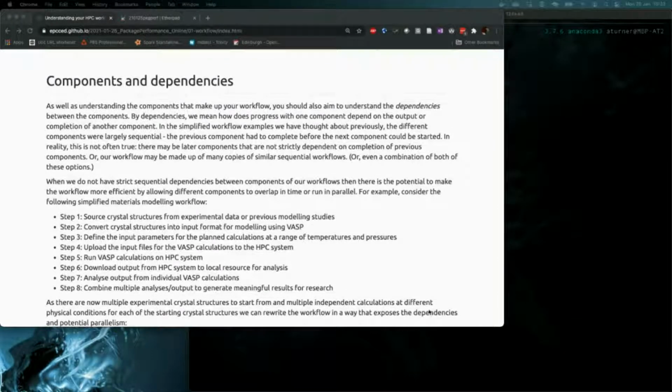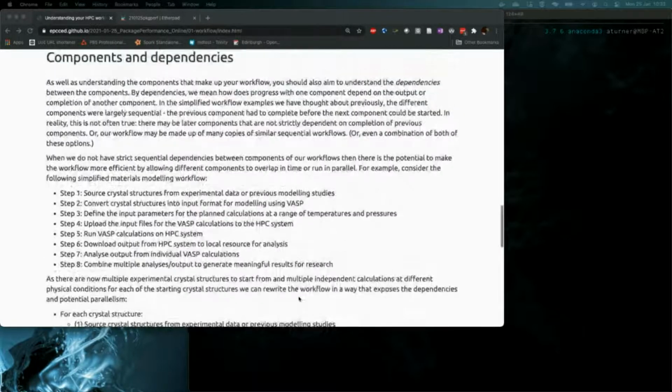If we don't have strict sequential dependencies, or some parts of our workflow need to be repeated lots of times in an independent manner, then we could make the whole workflow more efficient by allowing different components to overlap in time or run in parallel. So, for example, let's go back to our simplified materials modeling workflow. Now, rather than a single crystal structure, we might want to look at different crystal structures and at different temperatures and pressures,